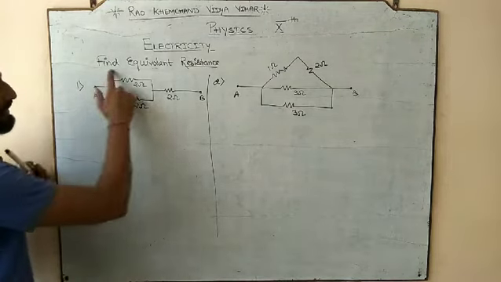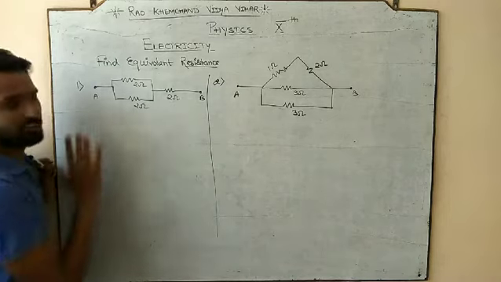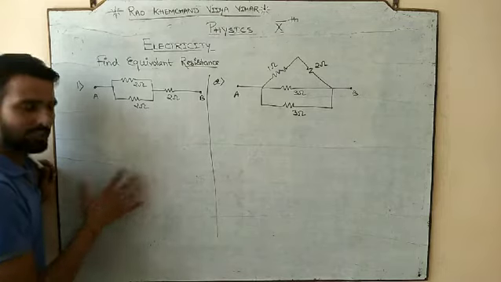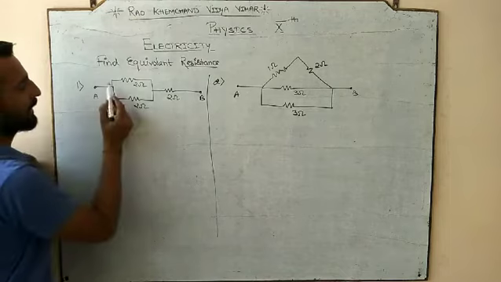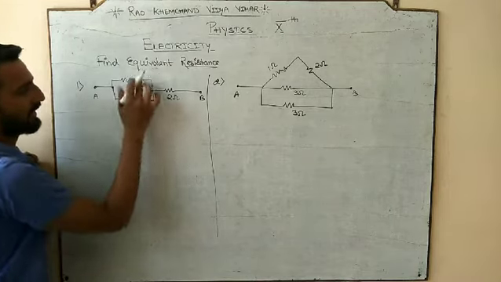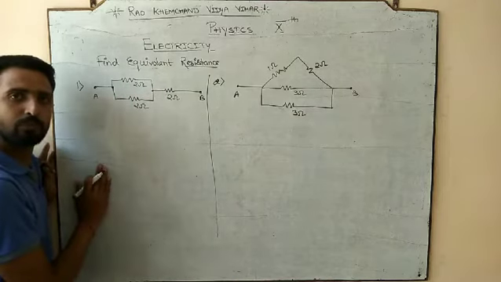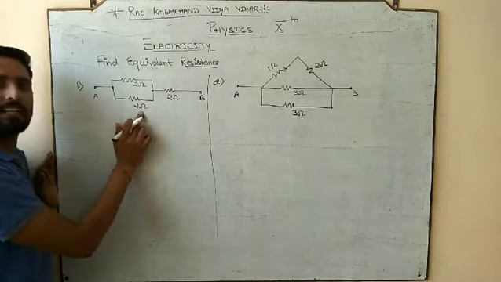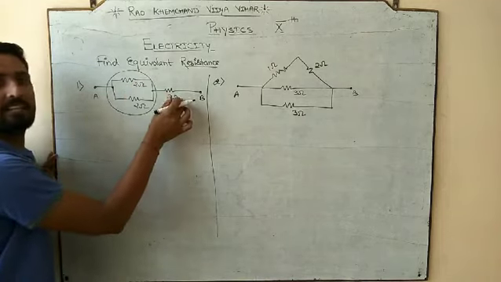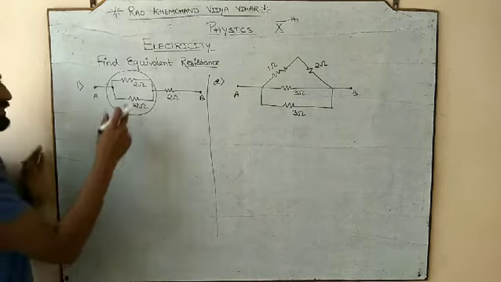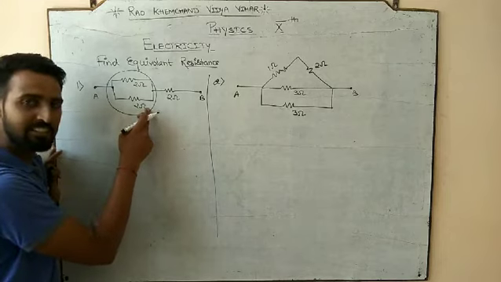So the teacher is asking, find the equivalent net resistance between A and B, and they have the 3 resistors, and how they are connected, try to understand. This 2 ohm and this 2 ohm are connected with the common end connection. They are in common end, दोनों का end common है, and then it is connected with the 2. So this 2 and this 2 are in parallel, and whatever be the result of both of them, this would be in series. So first of all, whether they are in, पहले किस में है वो, series or parallel? They are firstly in parallel.